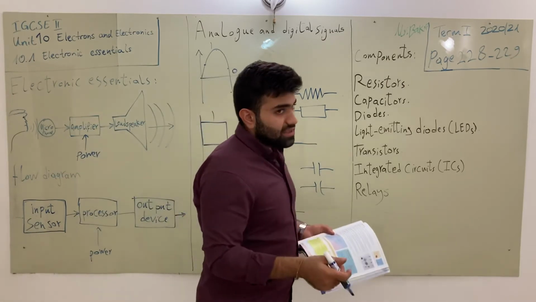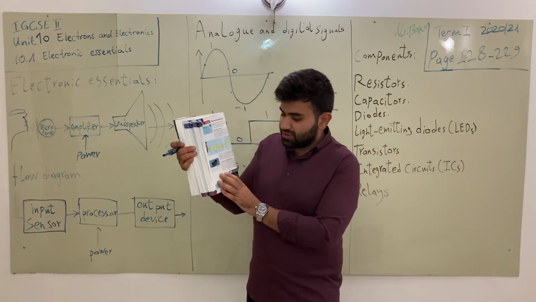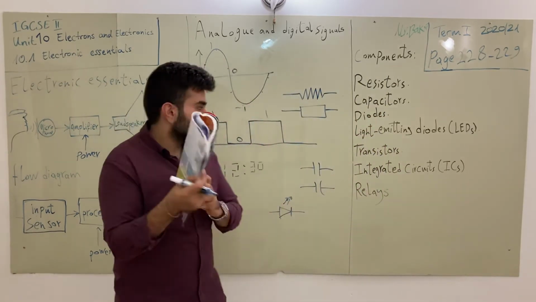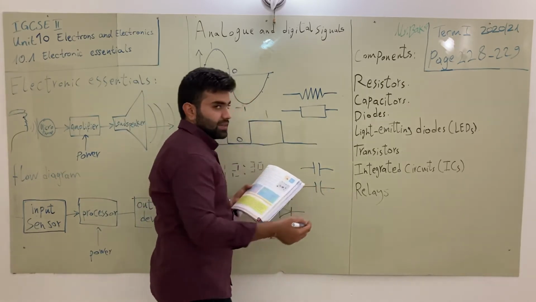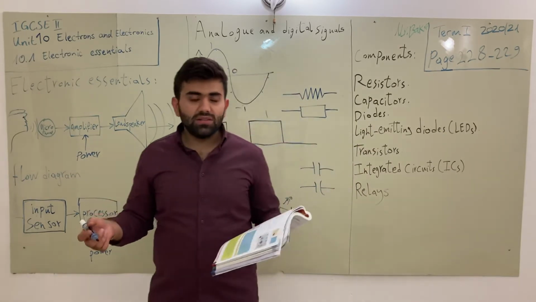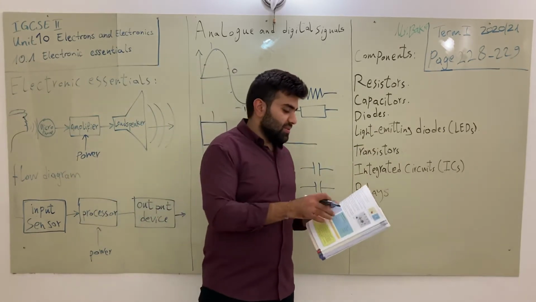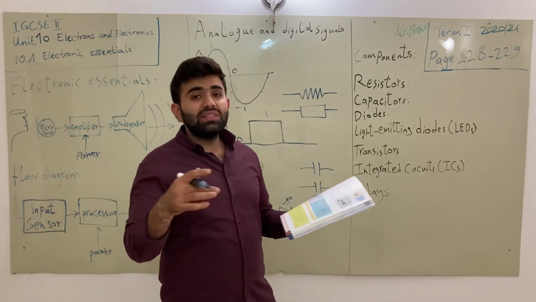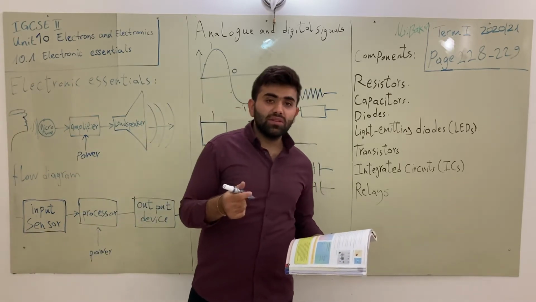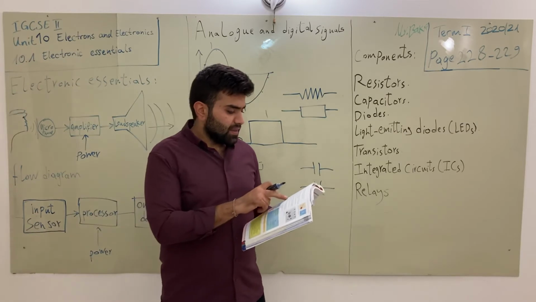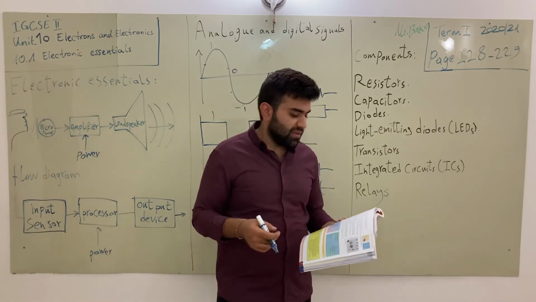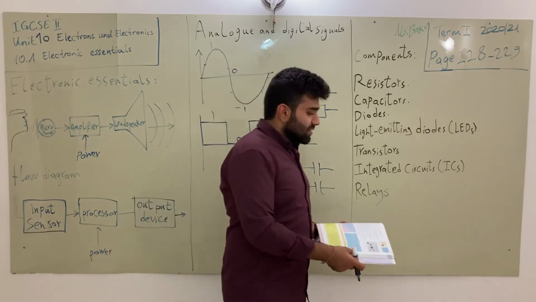Integrated circuits, IC or microchips, we saw here on page 228. This one with a lot of pins. Each element, for example this one, has 2 pins, okay? So the microchips, or integrated circuits, or ICs as they are known, have a complete circuit of diodes and resistors and capacitors, and usually it's made from silicon, okay? Crystal silicon, of course, is treated differently and made in a special way. The last thing we're going to talk about